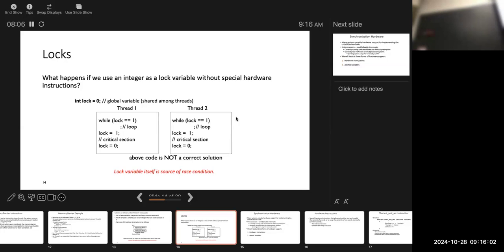And since it translates into multiple instructions, let's say, I'm just building up a fake example, it translates into 10 assembly instructions, and those 10 assembly instructions collectively achieve this semantic, right? Let's say I am thread 1 and I have executed 5 of those instructions, and then the scheduler kicks me out. Another thread comes in, and then it continues. As a result, both thread 1 and thread 2 can enter the critical section. So to make it more clear,